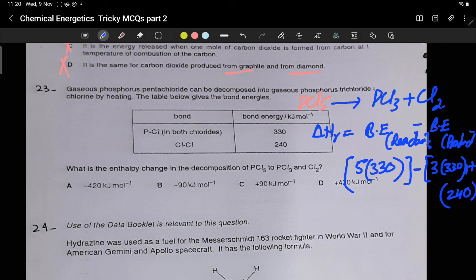So delta HR is equal to plus 420 kilojoule per mole. D option is